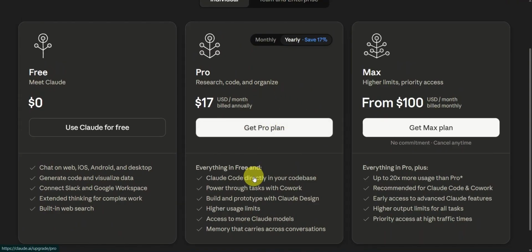Now, let's move to Claude Max. Claude Max is designed for heavy users who frequently hit usage limits on Pro. Instead of introducing new features, Max increases your available usage significantly, allowing longer sessions, more messages, and higher workload capacity before hitting restrictions. This makes it more suitable for professional developers, automation-heavy workflows, or users who rely on Claude for